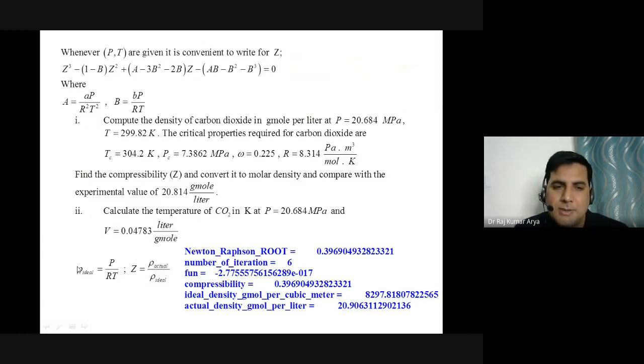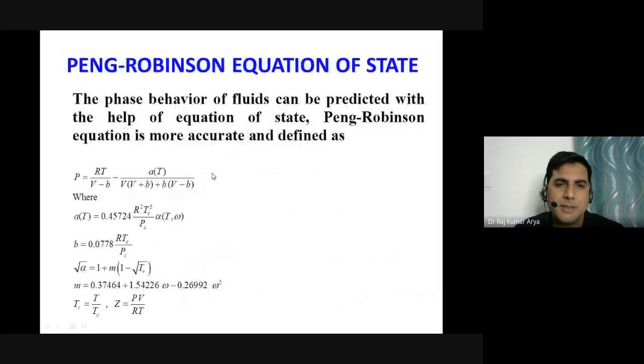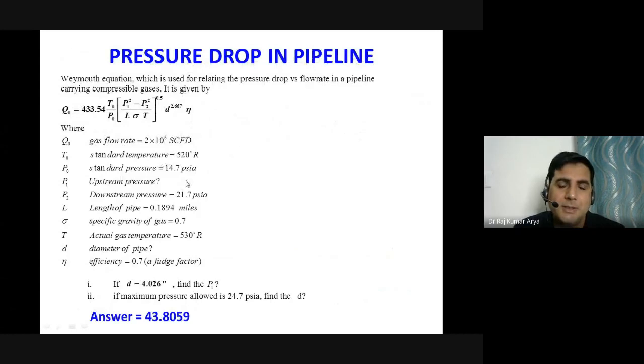Okay. So these are your densities. Rho ideal is P upon RT and compressibility is P actual upon rho ideal. I made the program by the Newton-Raphson method for that. If you solve it, this value is coming something like that. I hope these are the examples, four actually, that I gave from my side. Rest of the things you may find somewhere you are ending up with nonlinear equations.